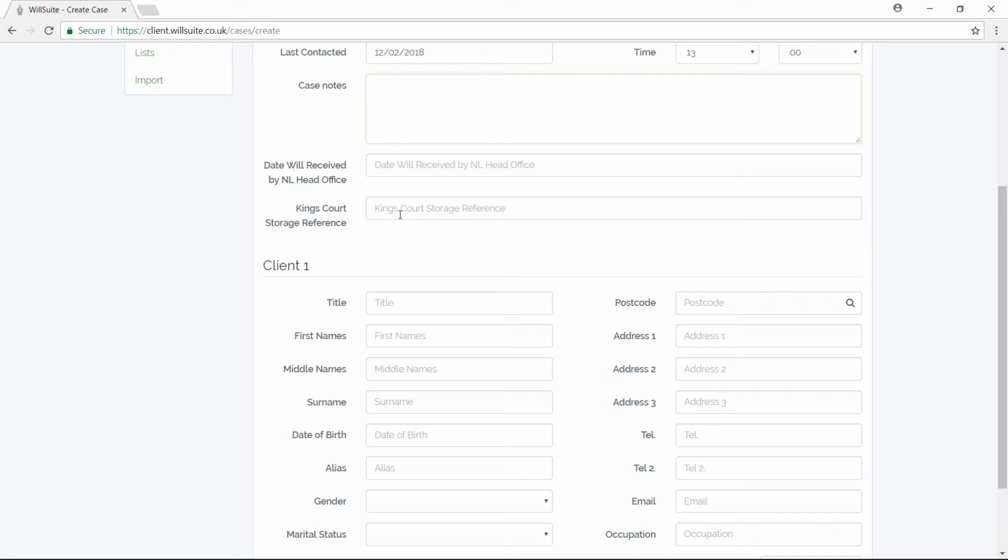And also when we do receive the storage reference from King's Court, we can pop that straight on there as well, and then they are recorded next to the client. So typically you would not be typing in these boxes, but I'm going to put something in just so that you see where it appears further in the system. Okay,